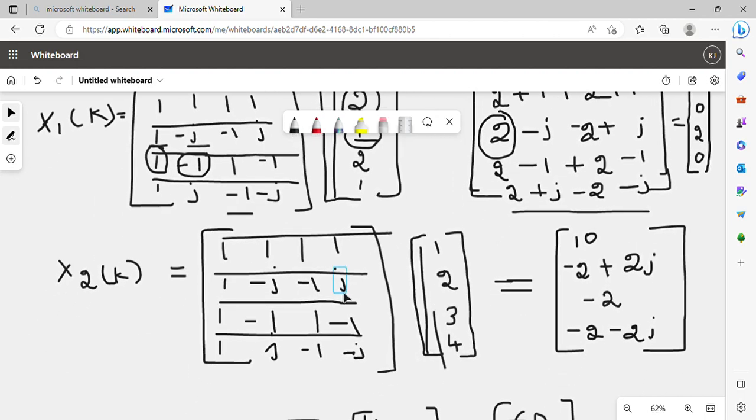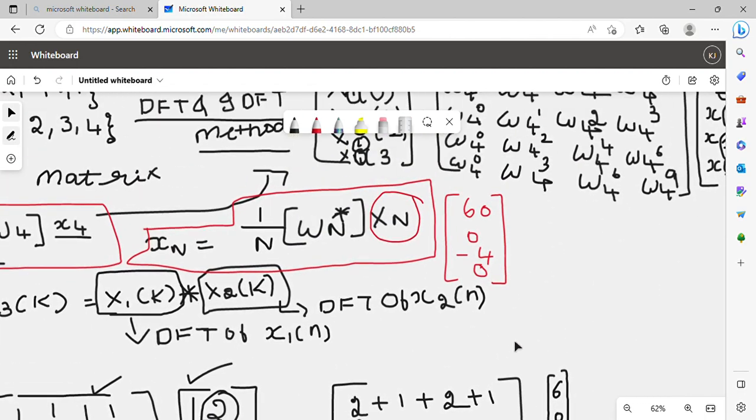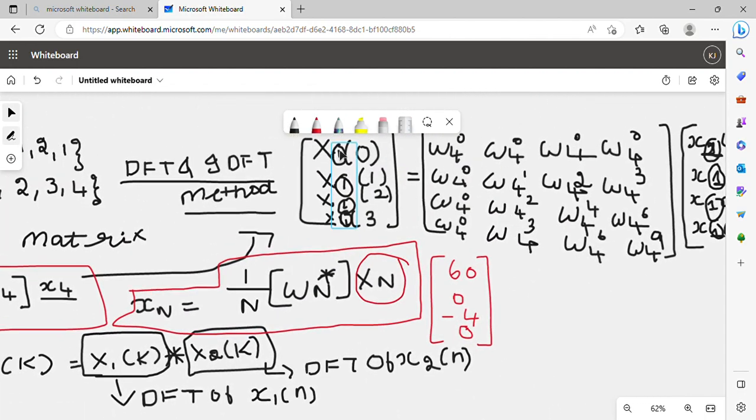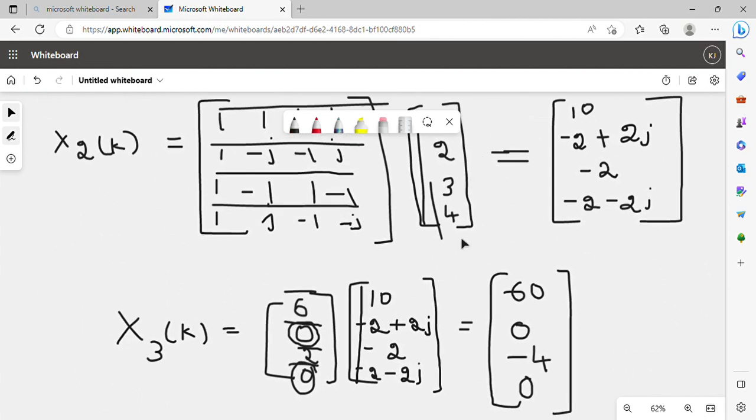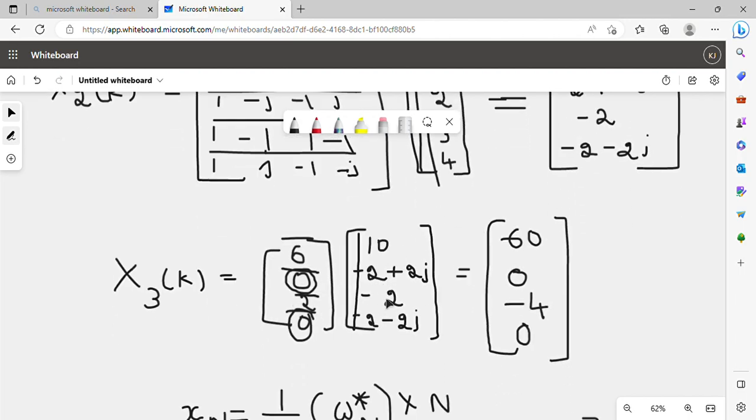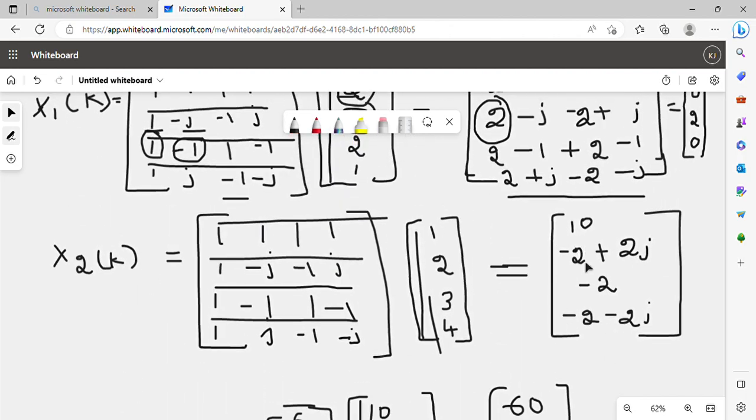You write the formula, then once again you write a simplified version of the formula, that is this simplified version, where instead of 1 you write 2 here and here also. Then you do the next step of this and write this resultant. And then once again you multiply both x1 of k and x2 of k and write this resultant. So how did you get this? You have to multiply this 1 into 2,